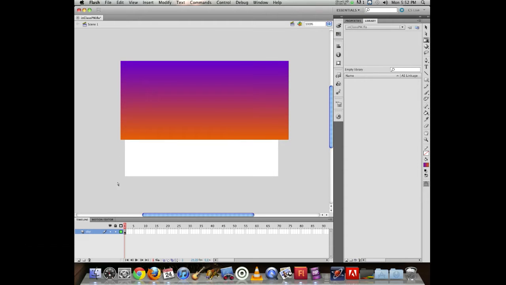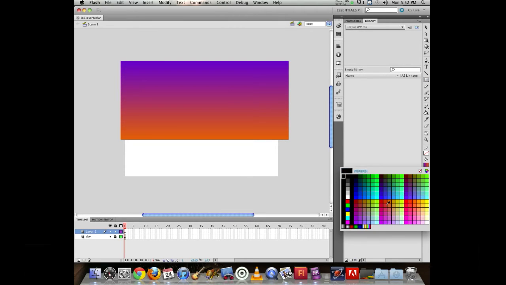So now I've created my sky. I'm going to lock that layer because I'm done with it for now. I'm going to switch over and create my background layer. So on this particular layer, I will grab my rectangle tool, and I am going to find a nice